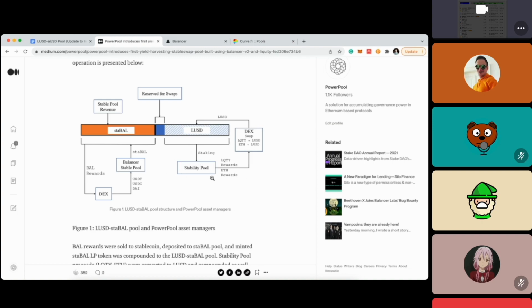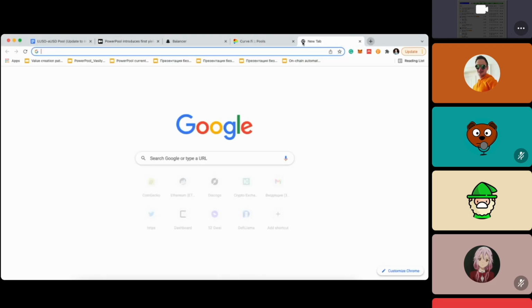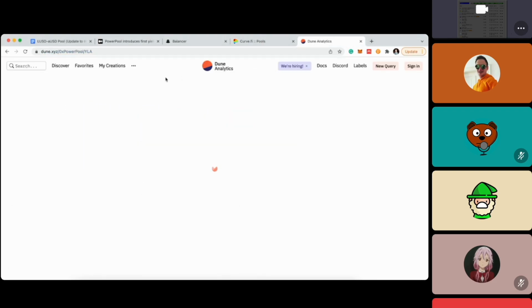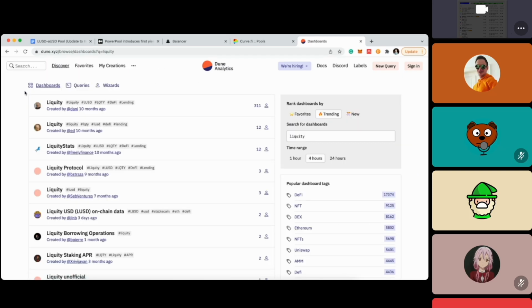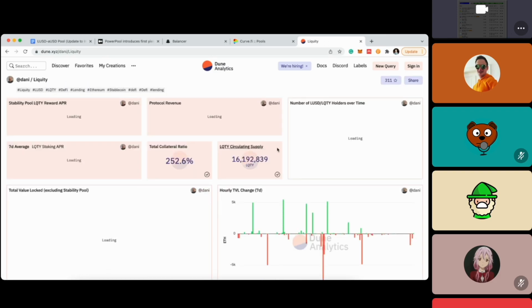yield for liquidity providers. This is most important because I think sustainable liquidity for any protocol is essential. They need to care about it. So LUSD is not an exception here. Especially when we are talking about stablecoins. If the liquidity is low, then people can basically exchange them and reallocate funds, and it can result in severe fluctuations and cascade liquidations, even if you use stablecoins as your main collateral.